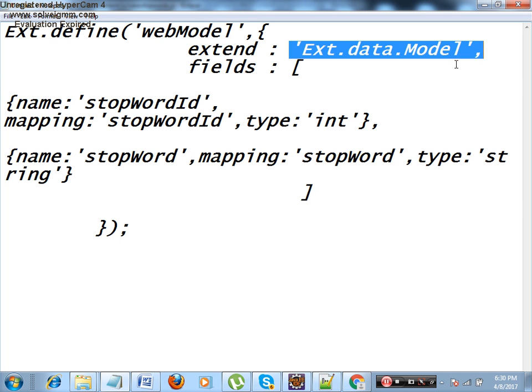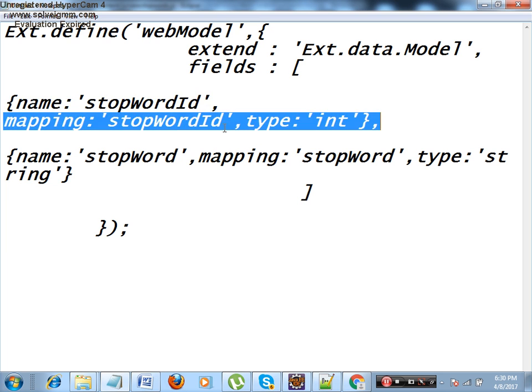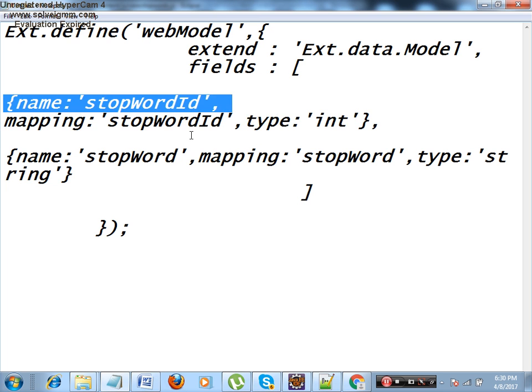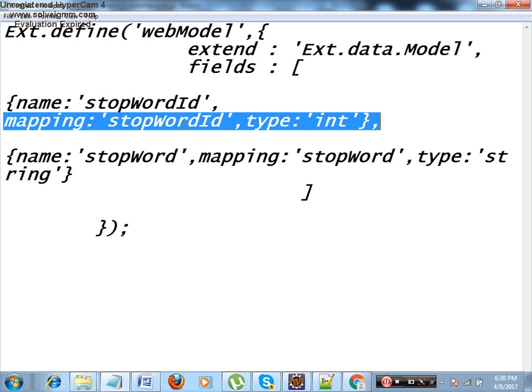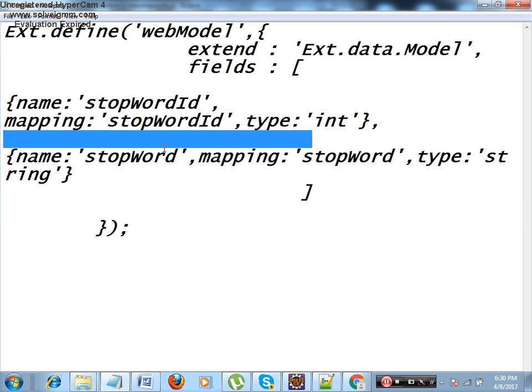In the same way, the base class is Ext.data.Model, a class of the framework that you are extending, and you are providing your own fields: name, mapping, and type. I have given the name stopwordID, mapping stopwordID, the type as int. Then stopword, mapping stopword, type string. Therefore, I have defined this class with two variables, stopwordID and stopword. The type of the first variable is integer, the type of the second variable is string.